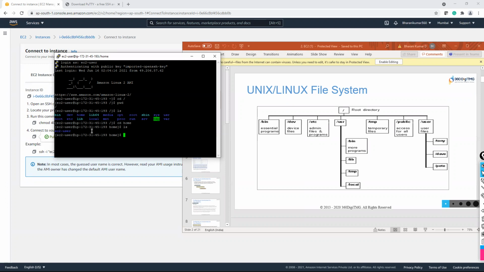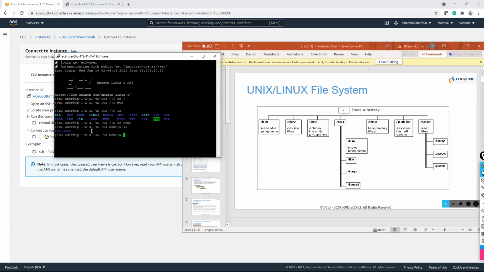You have to log in as a root user. It's like an administrator. You will have all the permissions. You can delete anything, you can edit system specific files, you can do installations, all those things you can do only as a root user, not as a regular user.